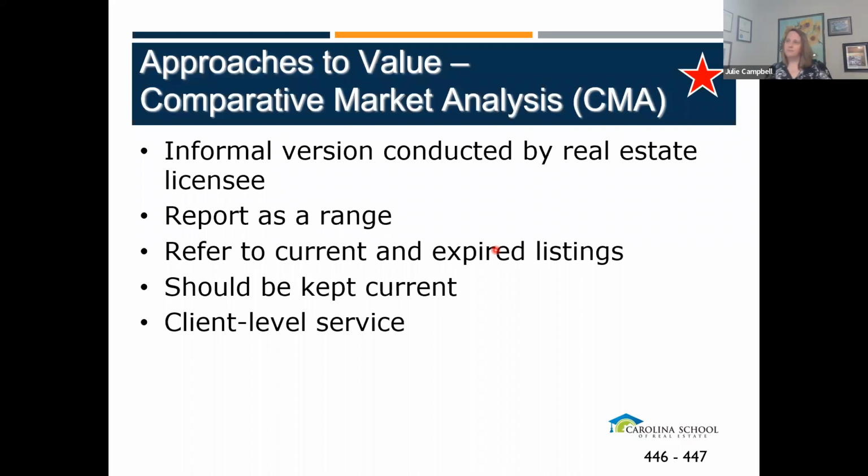They didn't sell for a reason. They were too high. It didn't sell for a reason. And while I don't know what that reason is, presumably it was listed higher than what a buyer was willing to pay for it. So if you have expired listings to show your seller, when your seller digs their heels in